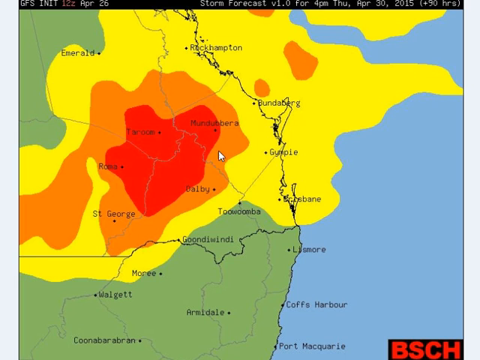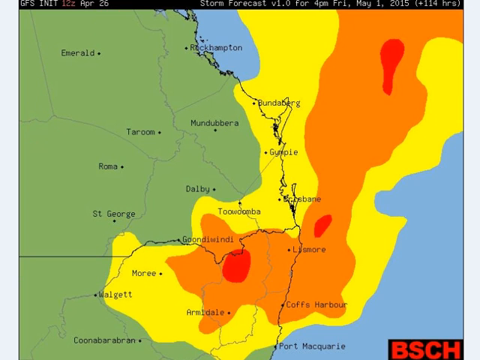These will move around a little bit, but that is as the warm, moist onshore winds feed into the upper level cold pool out here. You're going to get a large amount of very unstable air mass in southern inland Queensland, so produce severe thunderstorms. Now, these severe thunderstorms would be most likely to contain heavy rainfall at this stage and potential hail because of the cold air aloft. On Friday afternoon, the thunderstorm activity contracts into southeast coast of Queensland, southern Queensland here, and